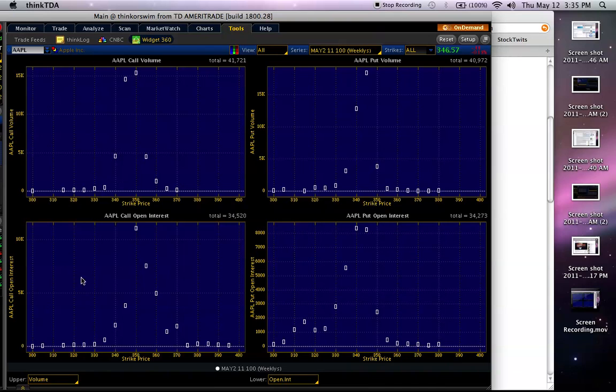Using an extreme example, the name of the game is institutional money writes all these. Retailers now buy options, they don't write them. Any big commercial money is writing all this stuff. So they want Apple to expire at 300 on OPEX day, because they want all of this premium to be wiped away, expire worthless. Same thing over here. They want Apple to expire at 400, to get all those done.